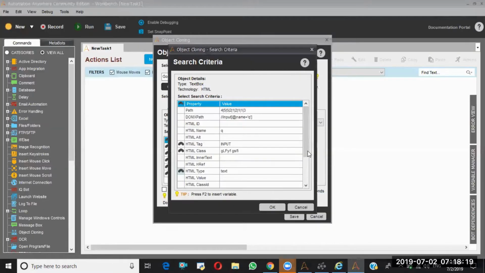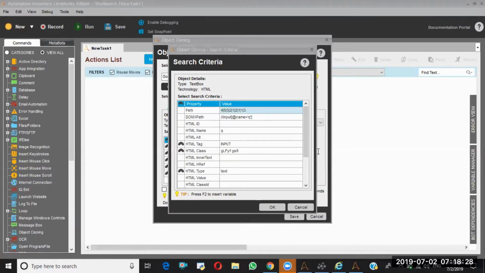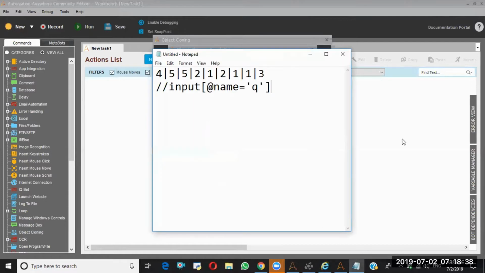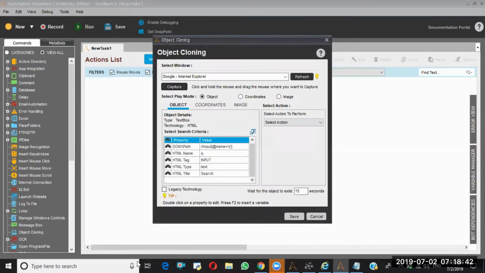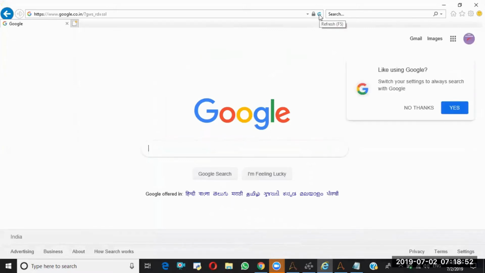So whenever you are spying, now let me consider this one. I'm taking notepad. Copy, and again I'm putting it in notepad. Okay, cancel. Now I'm going to refresh this page. I refreshed it.